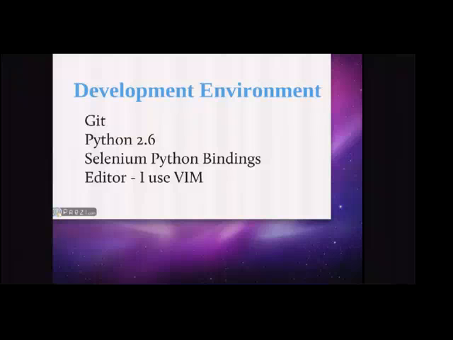I tend to use Vim mainly because Python's not a language that has static checkers in an IDE and things like that. So I just tend to use Vim. It means I can code a lot quicker, and when I run my code, if it breaks, I can spot it a lot quicker. I also tend to do TDD, because if you do dynamic languages, TDD will save you a